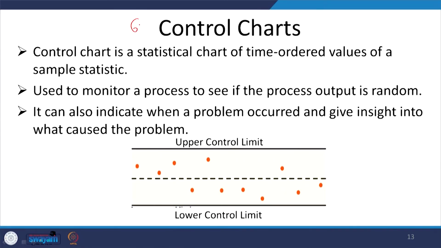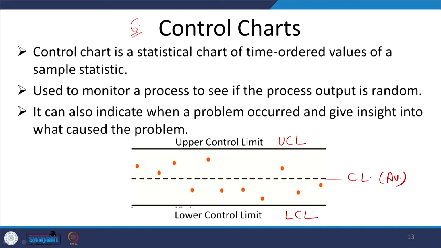So, that is about scatter diagram. Then the sixth quality control tool is control charts. We have already discussed in detail about the control charts, that is the central line value or the average value, the upper control limit, that is UCL, and the lower control limit, that is LCL.